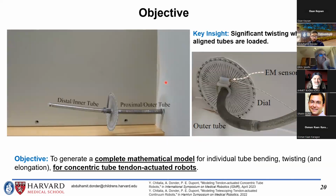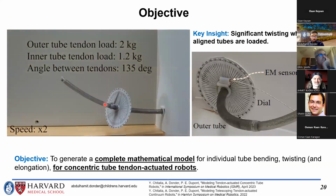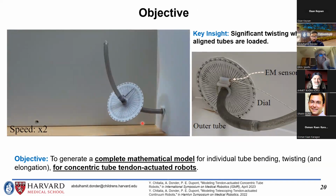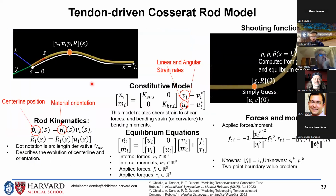You can see the amount of twisting observed for a 2-tube example here on this slide. When the tendons are aligned at 90 degrees with respect to each other and actuated, the shape of the robot displays a significant amount of twist in addition to bending. Therefore, the objective of this work was to generate a complete mathematical model for tube bending and twisting for concentric tube tendon-actuated robots. For our model, we made use of the Cosserat rod theory, which is widely used to model